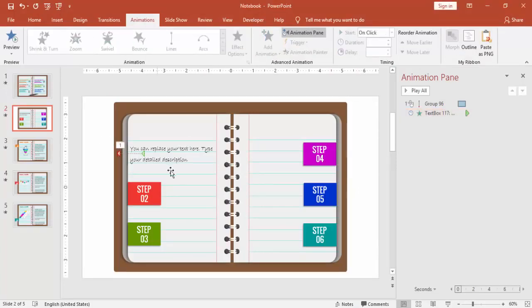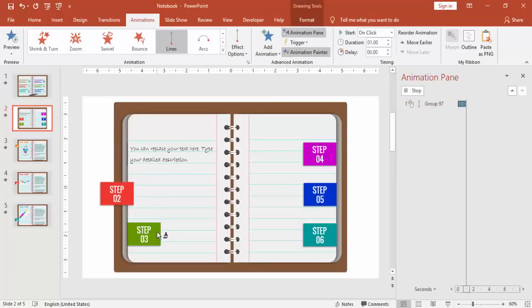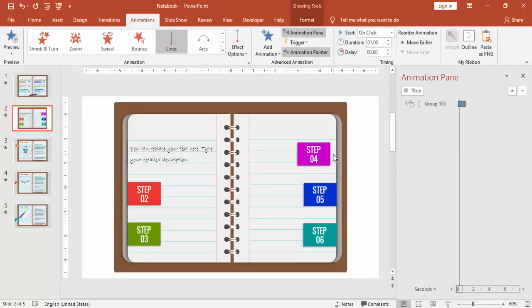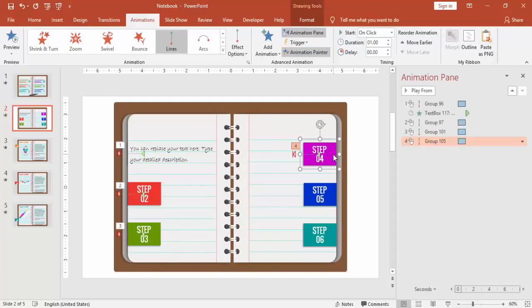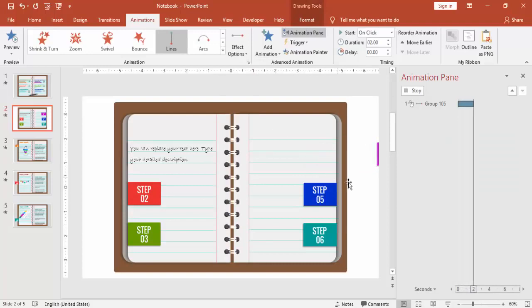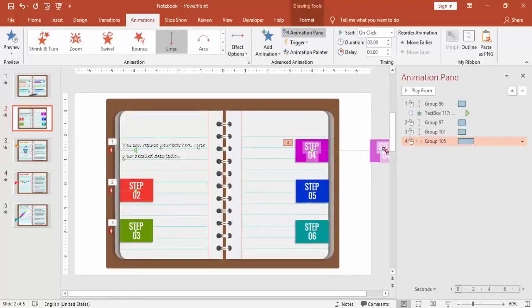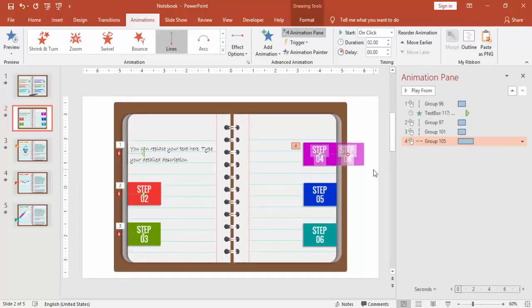Now I have to add the animation of the steps to the remaining one. Using the animation painter you can do that one, and if you say step 4, it's going towards the right side, we have to make it to the right side here. Instead of left, we need to right. Just align it properly, and then using the animation painter,